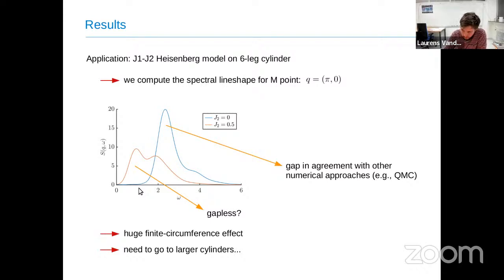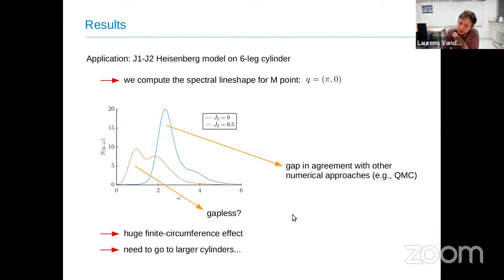So we checked whether, of course, our result was actually correct, and indeed we saw that it's more or less converged in terms of bond dimension, and so we believe that this result is really what you would find for the 6-leg cylinder. But this clearly shows that somehow the gapless nature of your spin liquid, so what we expect here is actually the Dirac point, a gapless point, we don't find this, and this is